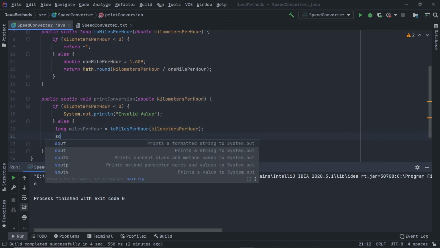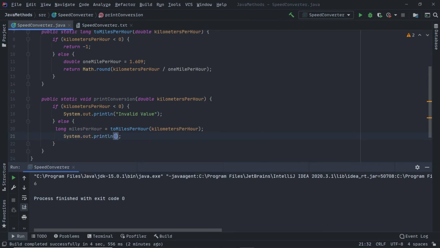So we need to print out in a format, we copied it, right? So paste that one in here. This is the format, right? And at the place of XX, we need to have kilometersPerHour.